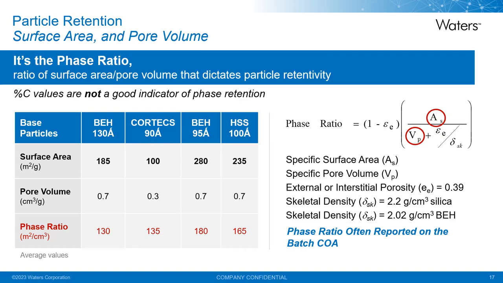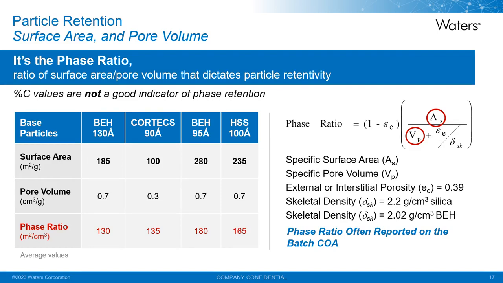It's also to be noted here that the pore volume and the surface area are controlled parameters, and the Cortex solid core particles, even though it has a smaller surface area, the smaller pore volume calculates to an equivalent phase ratio to the BEH 130, indicating that with the same bonding, these two phases would have the same retention, which could be